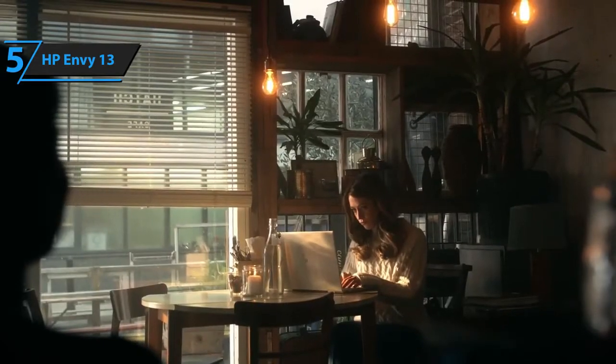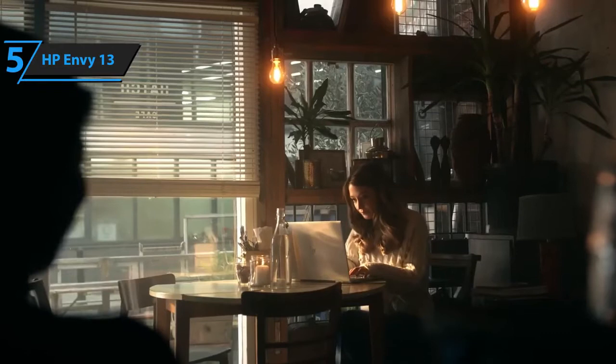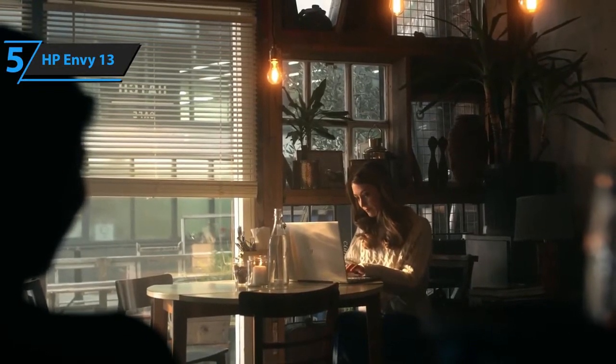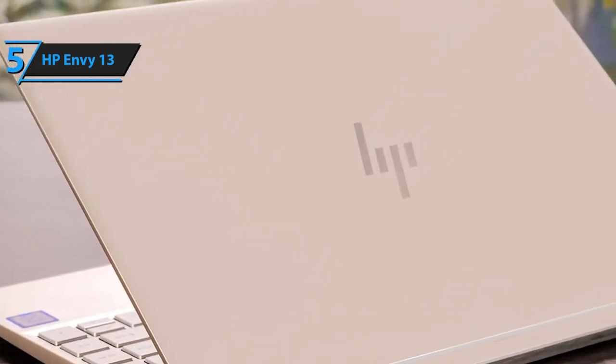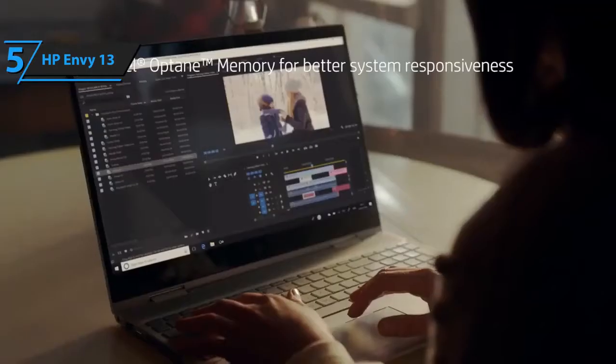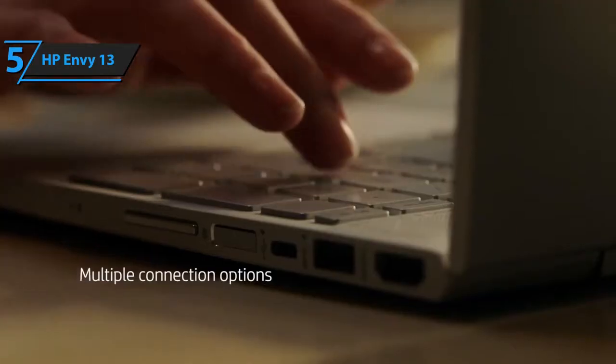This Ultrabook also features NVIDIA's MX250 graphics. This GPU is a beast and is seldom found in the middle price point category. It goes without saying that a budget Ultrabook that comes supplied with it will have tons of value to offer for the money. In terms of memory, you'll have 16 gigabytes of SD RAM, which is probably a bit overkill